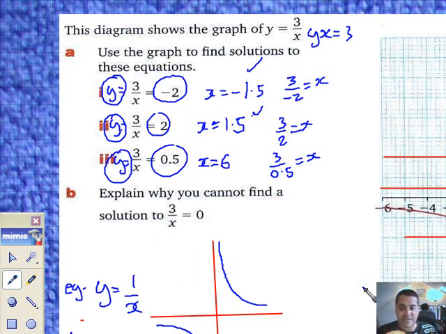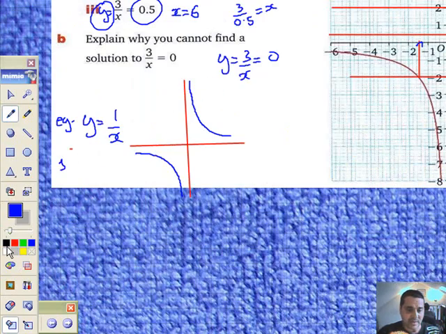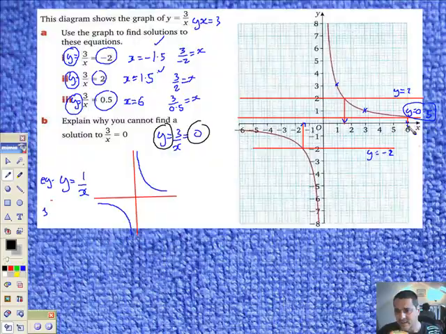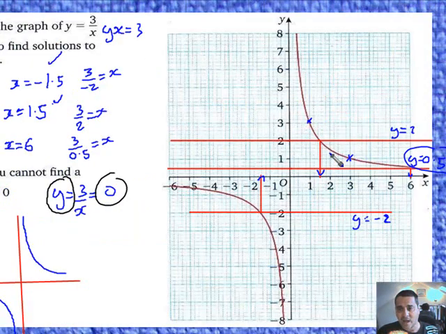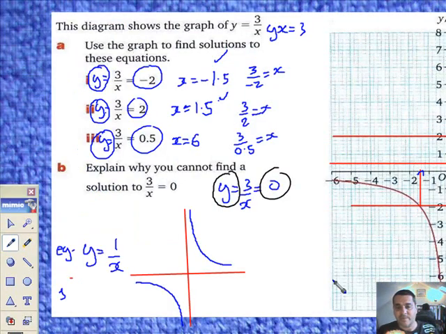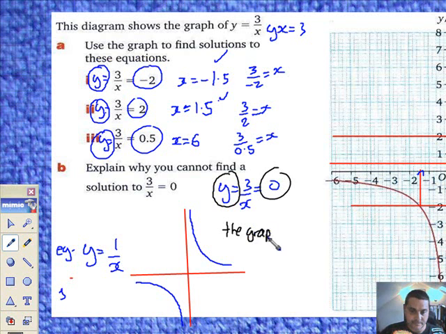Now, part B is interesting. Explain why you cannot find a solution to x over 3 equals 0. Well, look, I've got the equation y equals 3 over x, and they want me to merge it with the line y equals 0. Alright? So, look, y equals 0, there's the x-axis. And as you can see very carefully, the x-axis did not cut either the top branch or the bottom branch. Neither will it ever cut through. Therefore, why can't you have a solution to 3 over x equals 0? Answer, the graph does not pass through